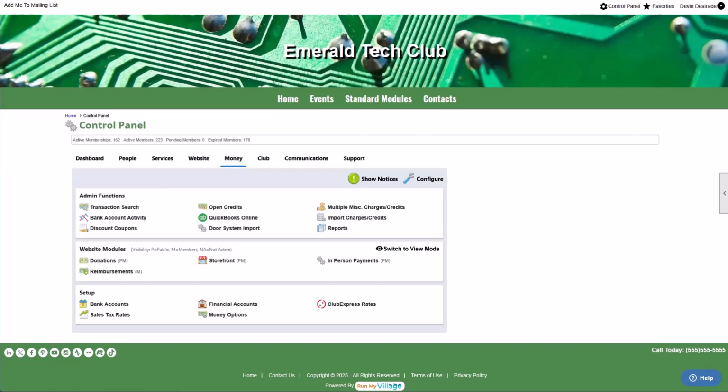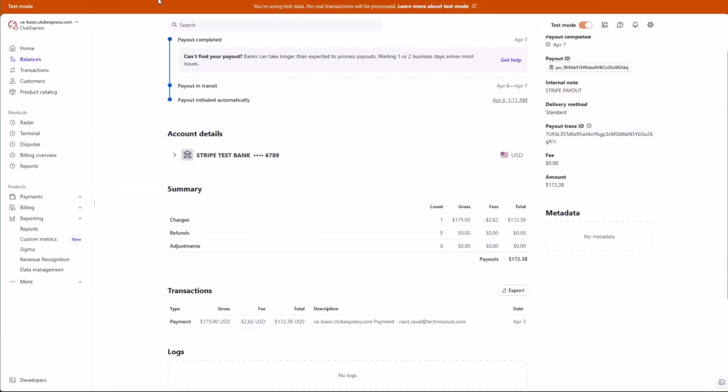So there's been a couple questions about how to get to the Stripe. For a couple reasons, I'm not sure of the entire level of details. We don't have a link on the ClubExpress side that goes straight to the Stripe dashboard, but it is simply dashboard.stripe.com. So again, if we look over here, you can see up in my URL bar, it just says